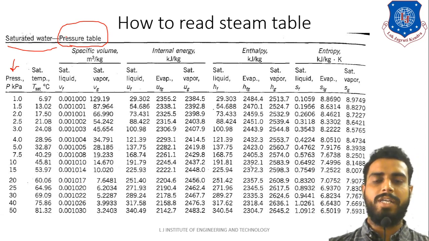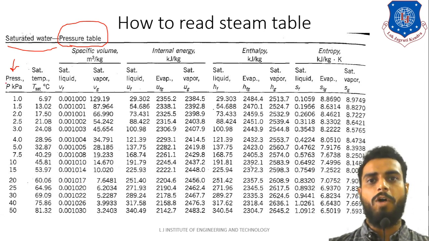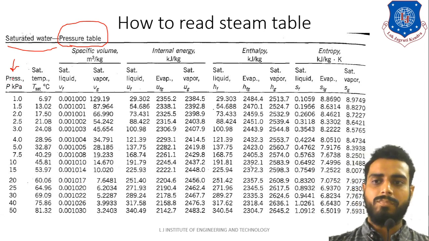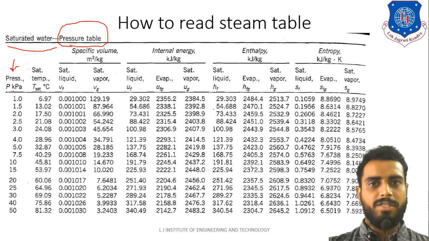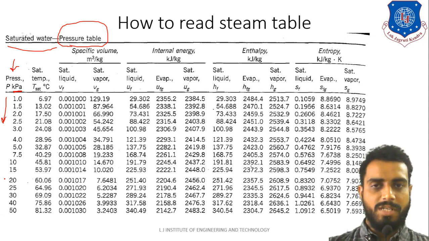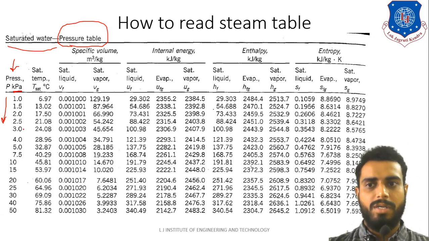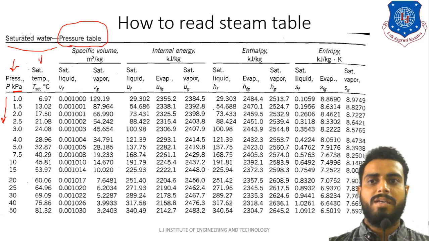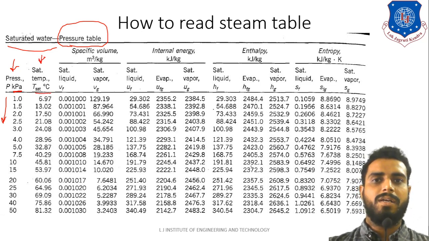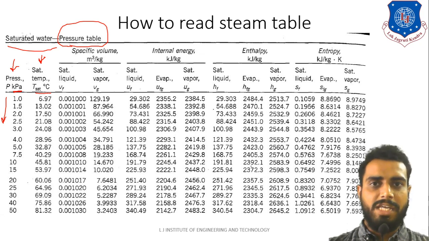If it is written temperature table over here, then you will find that the first column will be of temperature. Okay, so as you can see, the very first is pressure. Pressure is denoted in kilopascal, so you can see the pressure range, right? Starting from 1 kilopascal to 50 is mentioned over here, and in your steam table you will find many more values. Then the second column is saturation temperature. Now saturation temperature is nothing but the boiling temperature at the given pressure.